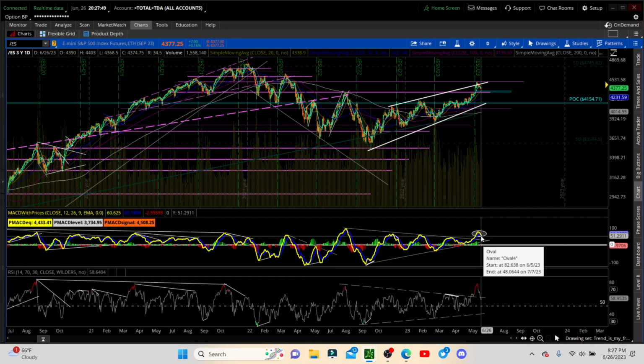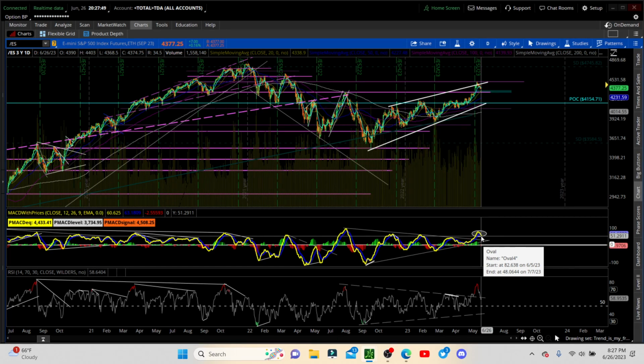But we're getting this crossover in the MACD on the daily time frame, which is a bear sell signal. We need it to happen in the price action, even though we pull back just a little bit already. Let's take a look a little closer. So we're underneath the 8 EMA, which is not a bullish sign. That's very bearish. But I do suspect that we get a little bounce here. We don't have to get a little bounce before heading down lower.